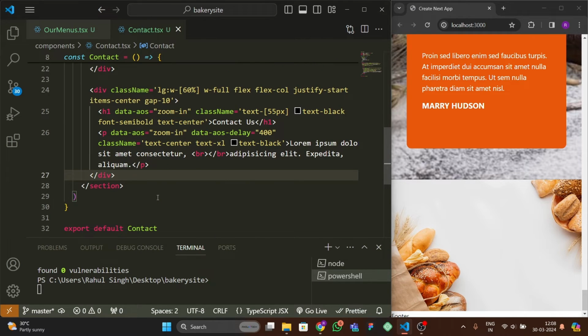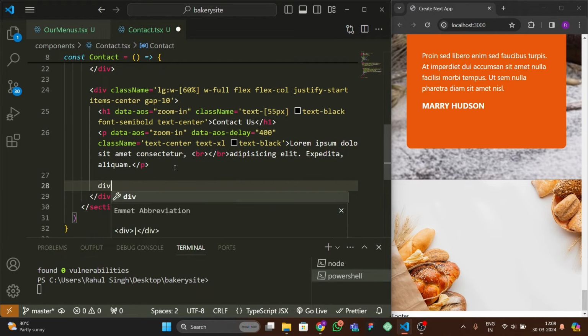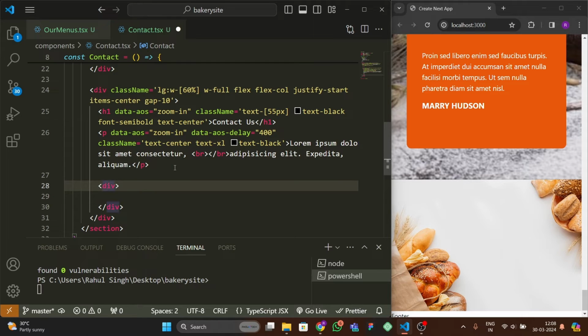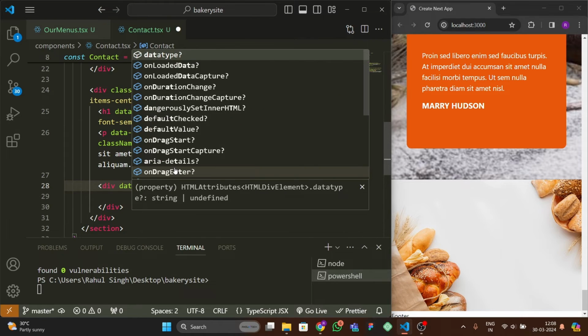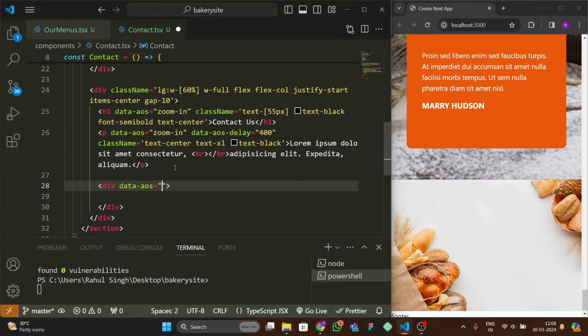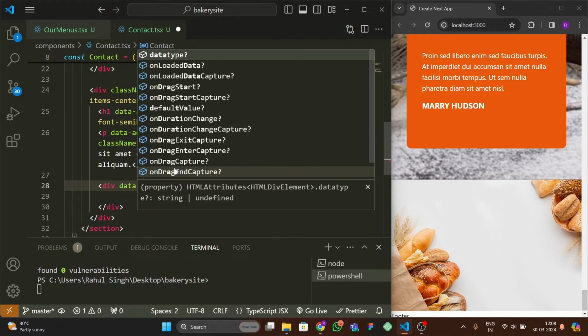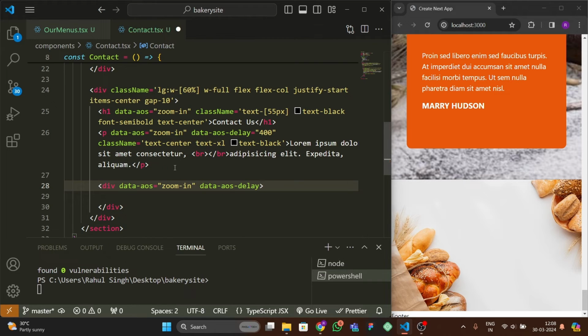Okay, then after the p tag we have to add a div which is responsible for our form. So here we're gonna write data AOS zoom in, data AOS delay time would be 600 milliseconds, and after that we're gonna give some classes here,